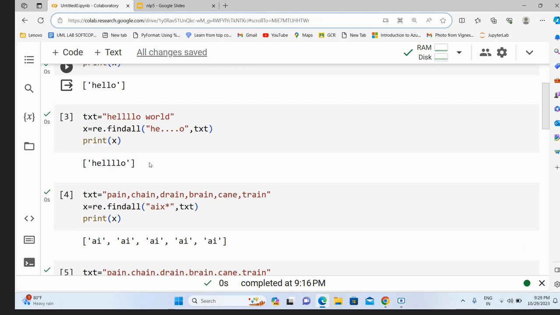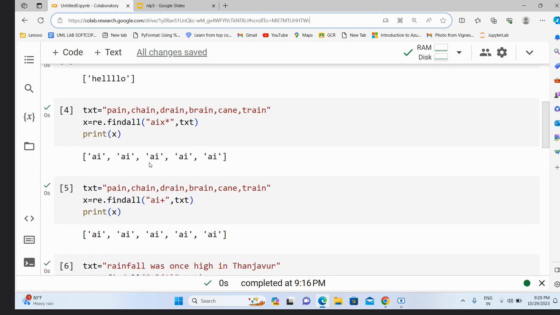After that we are writing re.findall of, in double quotations, we are writing "he....o". Four dots means four characters. After he some four characters and it is ending with o, so there is a match, "he for else o", it will be printed. Next we will see another example: txt equal to, double quotations, pain, comma, chain, comma, drain,